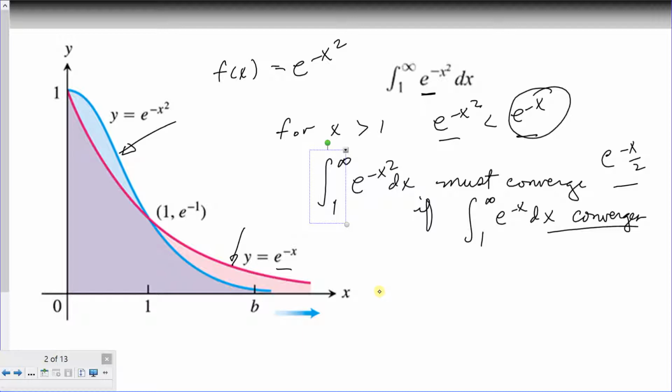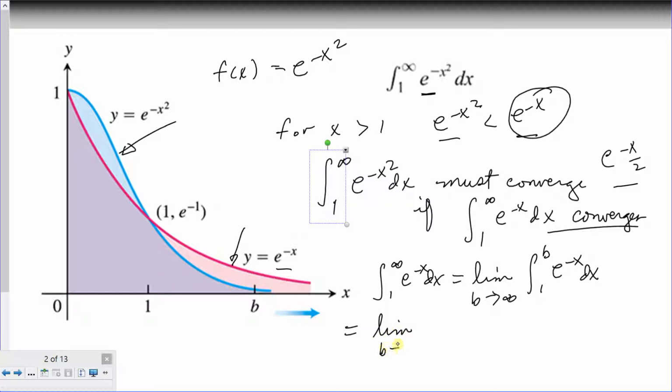If we look at the integral from 1 to infinity of e to the minus x dx, which would equal the limit as b approaches infinity of the integral from 1 to b of e to the minus x dx, that equals the limit as b approaches infinity of taking the antiderivative of e to the minus x, which is minus e to the minus x, going from 1 to b, which equals the limit as b approaches infinity